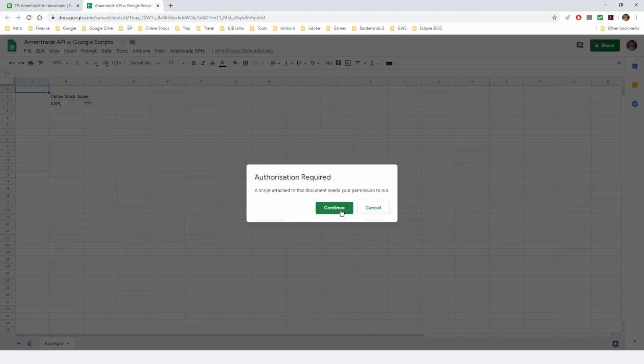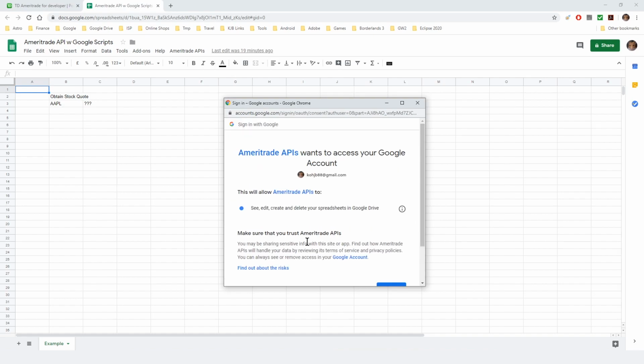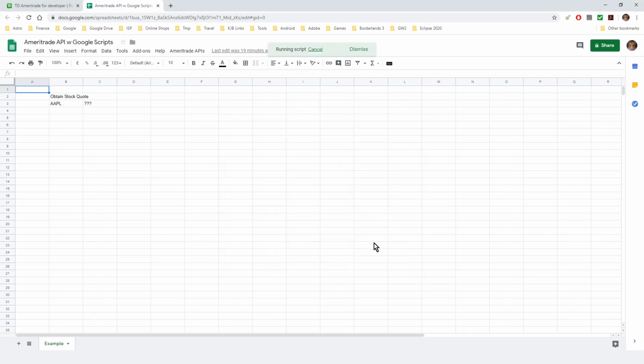Okay, and since this is first time I'm running a script, you need to allow or give permission for scripts to run. To allow it, go to advanced and click allow. This will allow the script to run, and you'll see an error here because we have not written the show pane function yet. All right,